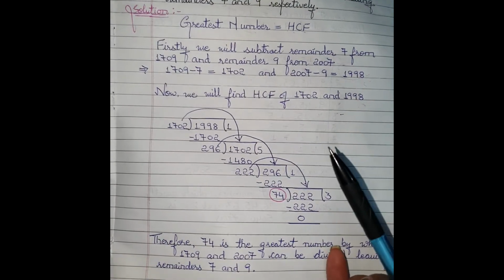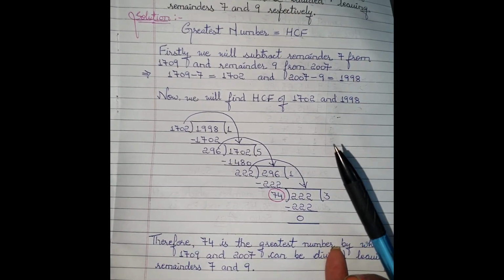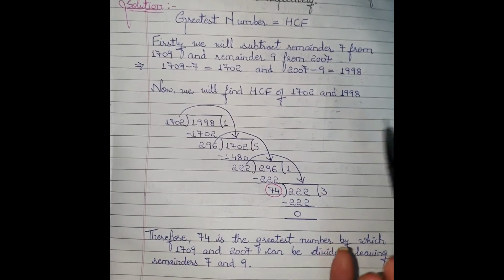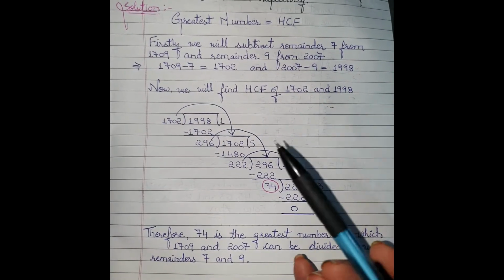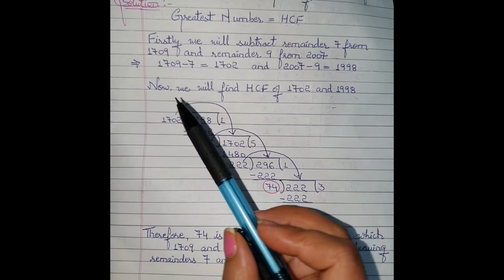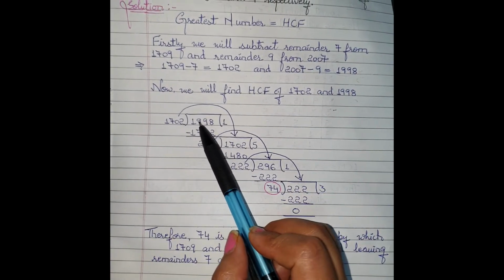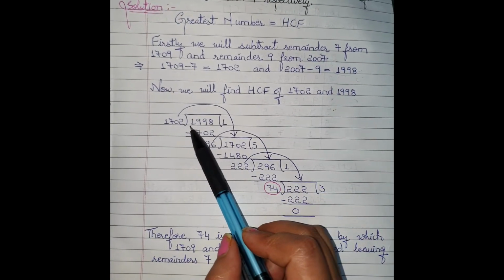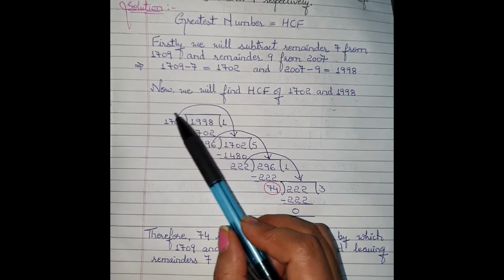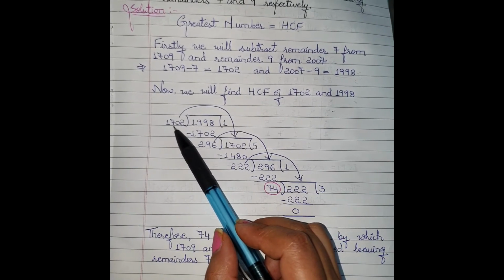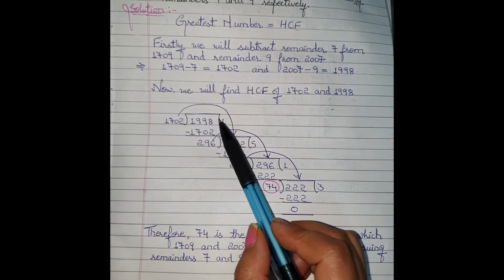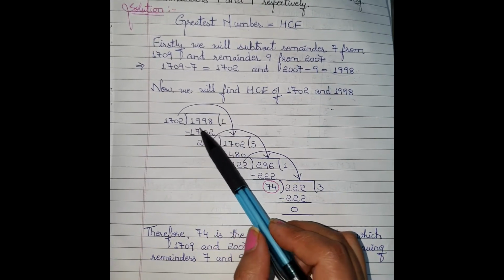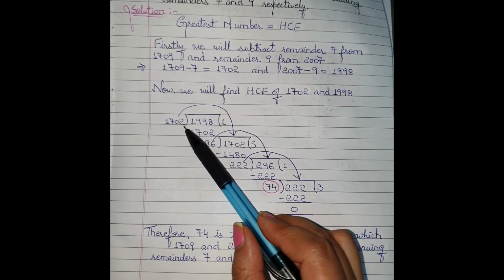But some of the students find the prime factorization method easy. So if you find that method easy, you can go with that method also, because whatever method you use, the answer will come the same. So see here, the bigger number, 1998, will come inside the division format and the smaller number will come outside the division format. Now in the table of 1702, the number smaller than 1998 is 1702 only,